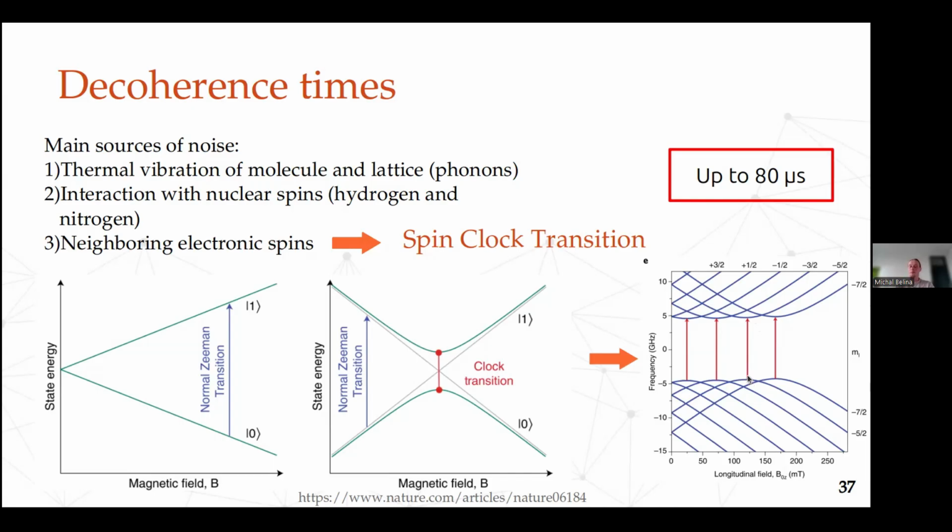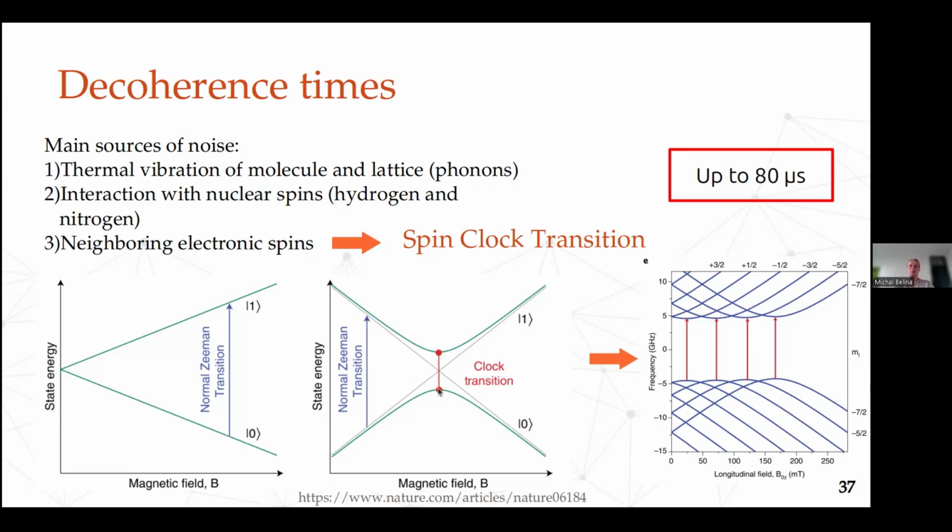And by putting some magnetic field here, you can force the system to be in this exactly avoided crossing point, where it is better visible. So there are almost no transitions happening, and